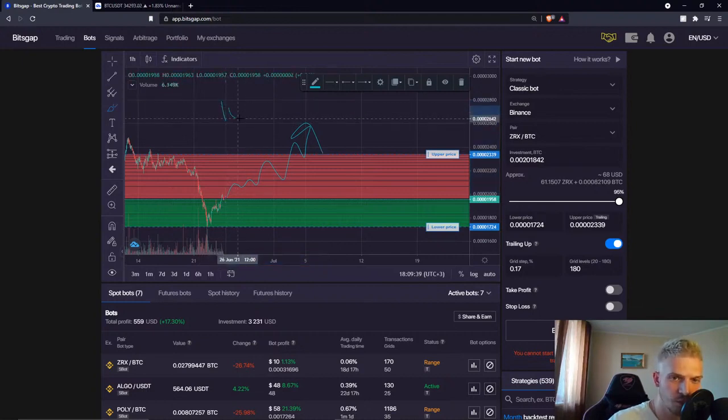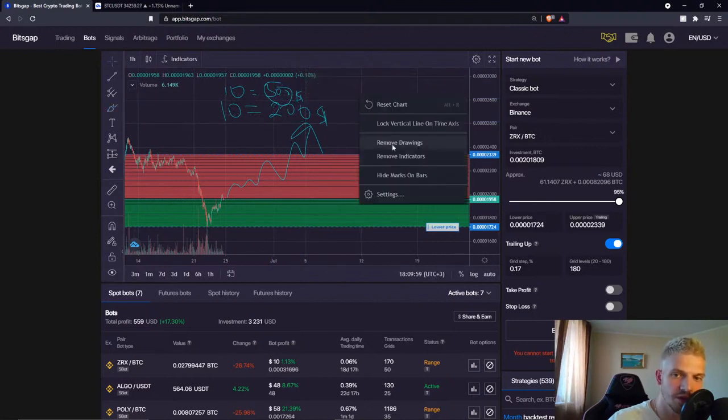So whenever 10 coins cost you $200, or whenever these 10 coins now cost you $300, the bot will spend $300. If it costs less, then it will spend $200, for example, which is not the case for the